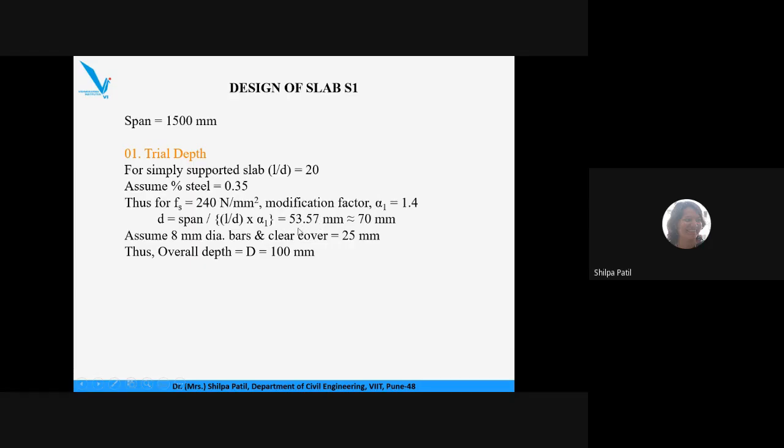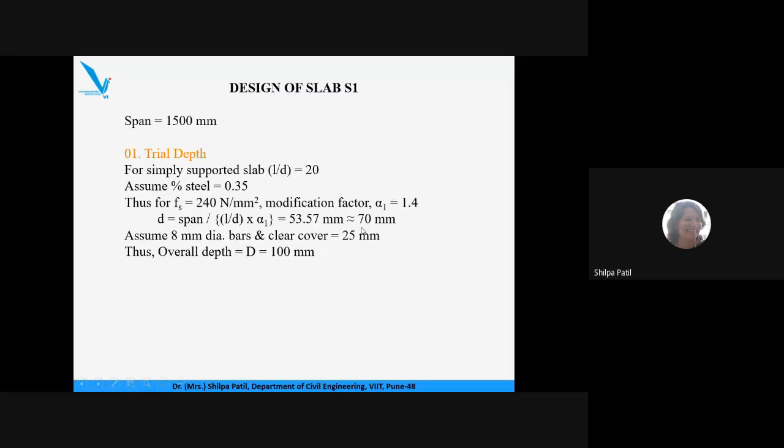Okay, so the depth of the slab required comes very, very small. So we do not go to the same value. We can increase the value to the higher side for safety purposes. Obviously, if we increase the depth, the moment carrying capacity of the slab will increase, and that is beneficial for us only. Okay, so we will increase this depth to say 70 mm.